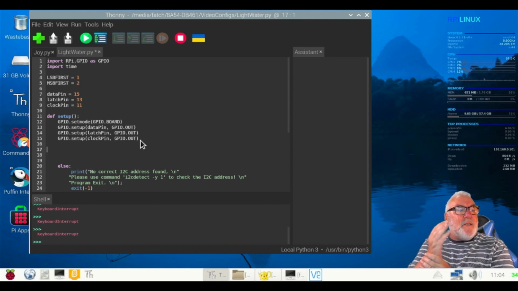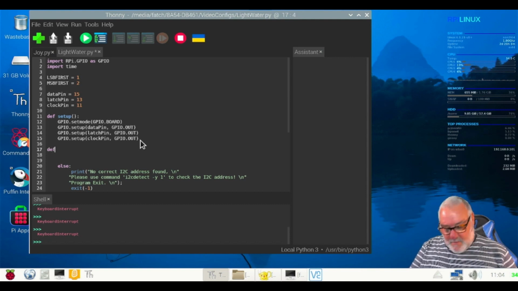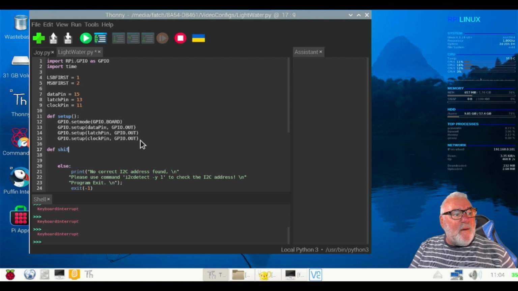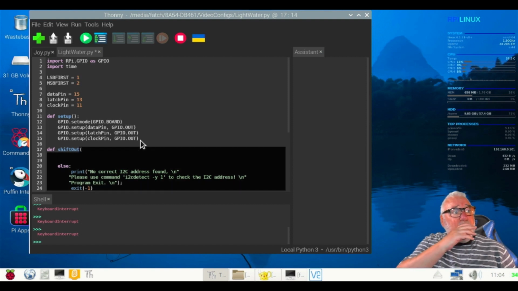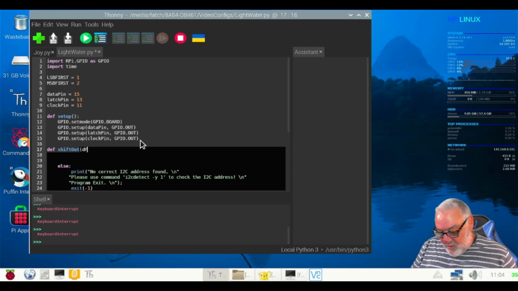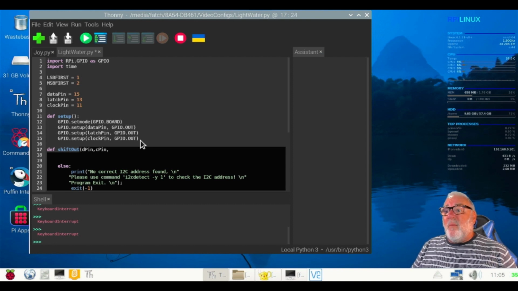Okay, so this is some new code. def shiftOut, capital O. Brackets on, dPin, capital P on the pin, comma, cPin, comma, and so dPin, cPin, order, comma,